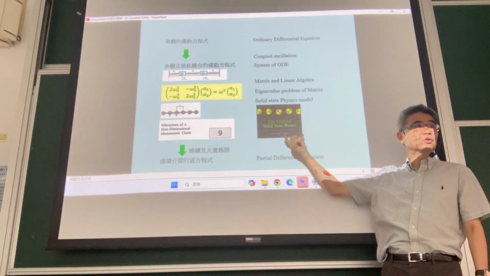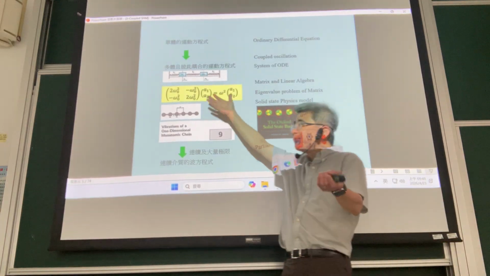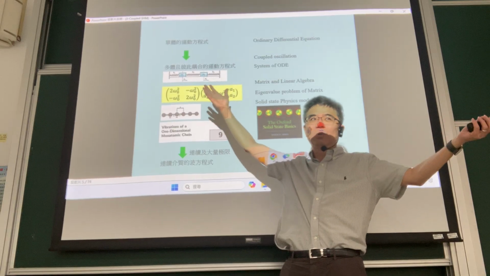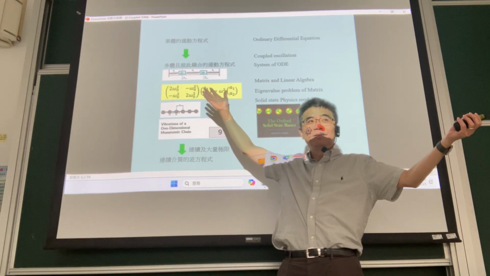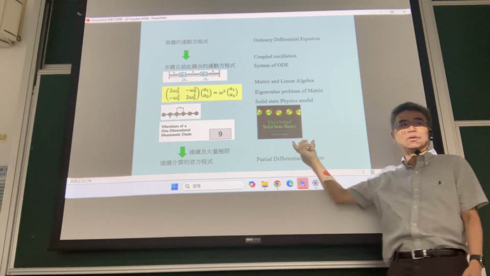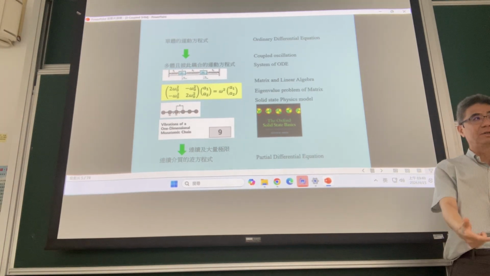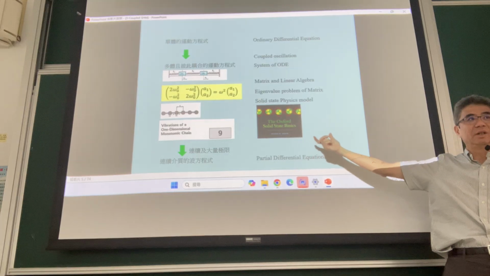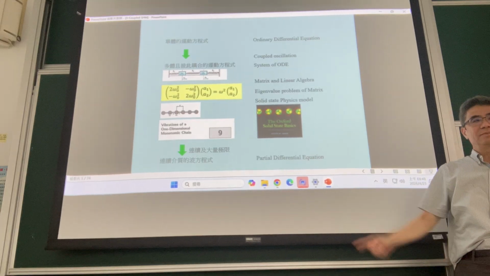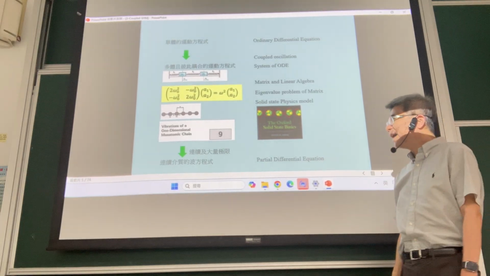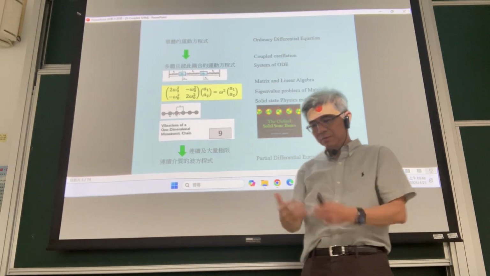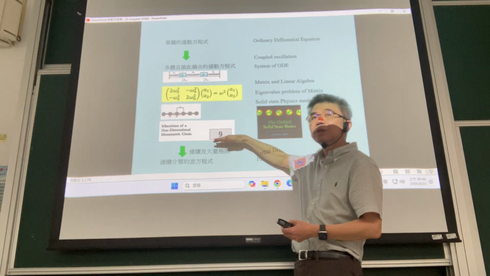I'm not talking about some very obsolete physics question of coupled oscillation. It's essentially what you are going to learn in the future, and crucial to your career. Remember this, okay? 好，所以呢，这个很重要啊，哈。